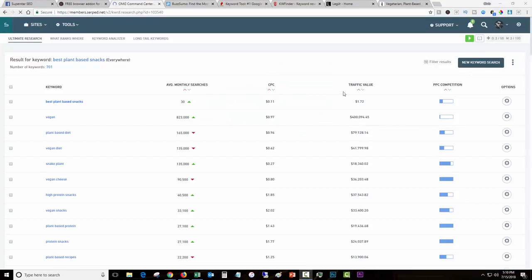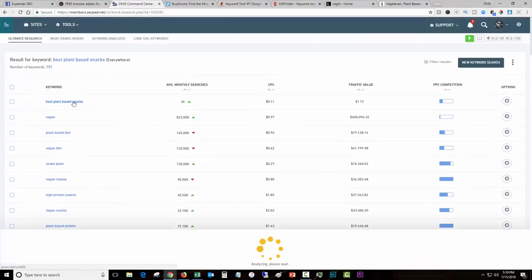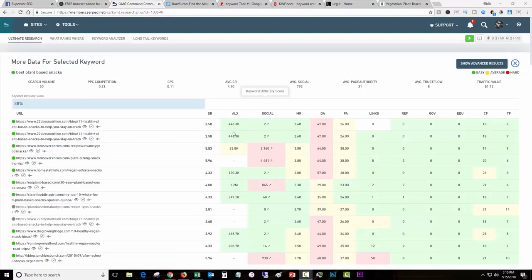So good, right? So now it's going to give you some information about that keyword and some related keywords that you can dig into. And then if you click on one of them, it'll give you more information about the SERP for that keyword and some other information. So as you can see, it's going to give you different metrics, the social signals, Alexa rank, Moz rank, I don't know that,